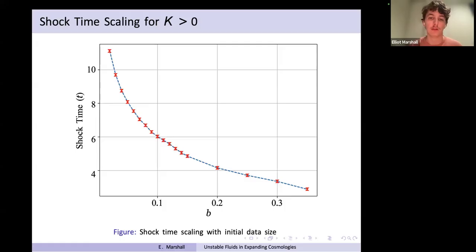So while I don't have a strong idea of exactly why it has an exponential scaling, one idea is that this is essentially plotting when sort of the maximal time of existence from local well-posedness breaks down. So in a sense, we're plotting when does local well-posedness fail in some sense. And of course, there we expect some sort of exponential bound. Our solution should be bounded by some exponential quantity times the initial data or the norm of the initial data. So maybe this is why it has some sort of exponential scaling, or it could be totally unrelated. I'm not sure yet. I think it definitely needs a little bit more work to understand the exact scaling here.